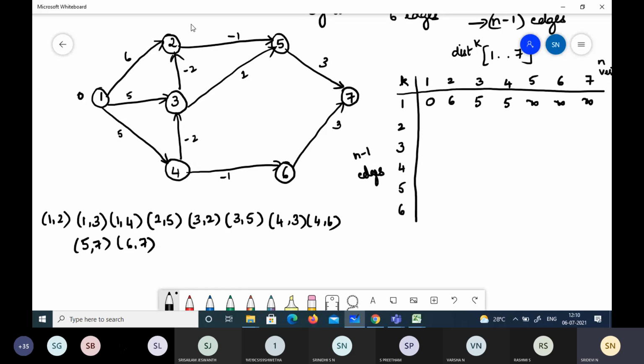So initially what we do is we usually take infinity with 0 edges. We can have one more row here with the 0. Then we will note down 0, infinity, infinity. With one edge we note down this. Otherwise we can just move on like this, not a problem. So initially we say that these are all infinity. Then with one edge we have got this. Now let's start. Now to reach 2, 1 to 2, we'll take this and we will check the path. To reach 2, okay, 1 to 2, we can move through this.